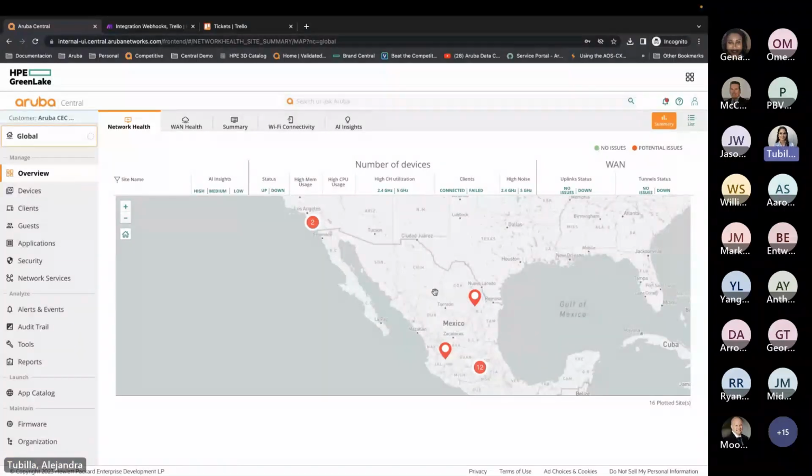Now that we've covered the way we group or manage our devices, we can move on to a little bit more interesting parts of Aruba Central. This is our global view, our easy view, and from here we can actually see and manage how our devices or our sites' health look in a very easy way. So as you can see here, we have